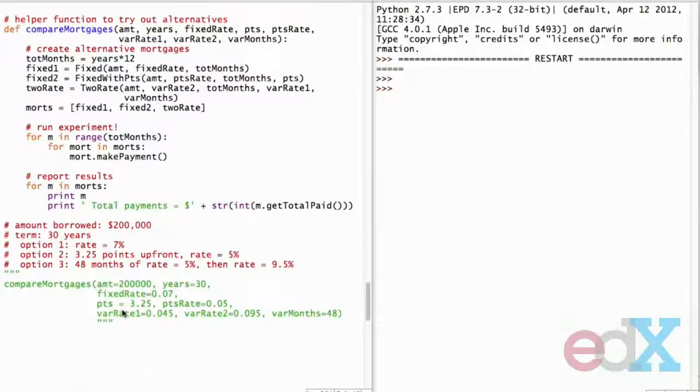So now we're in a position to actually do some comparisons. And again, we've embedded our little mortgage reporting thing inside a function so that we can try many different experiments with the different options. So what we do is we create some alternative mortgages. We create a fixed rate mortgage, the fixed rate with points, and the 2-rate mortgage based on the parameters that get passed in. And finally, we run the experiment where we're going to make 30 years worth of payments